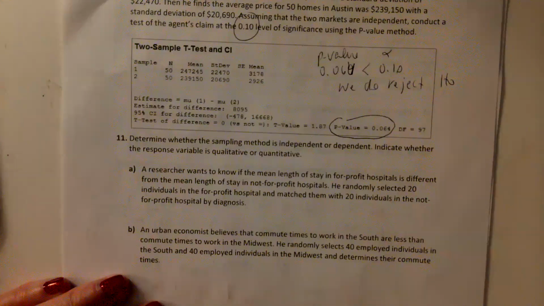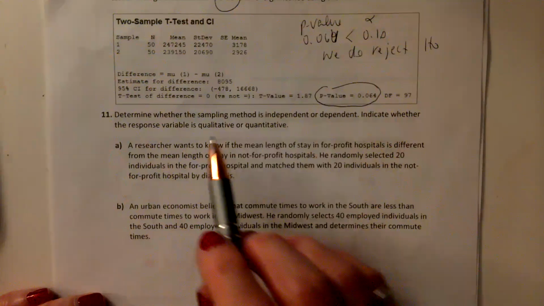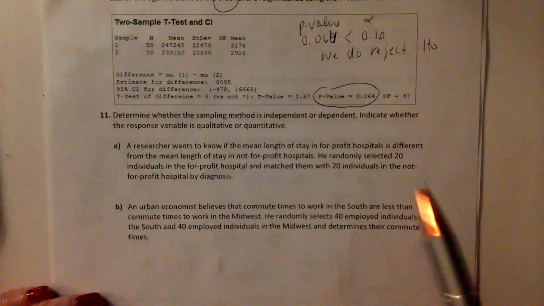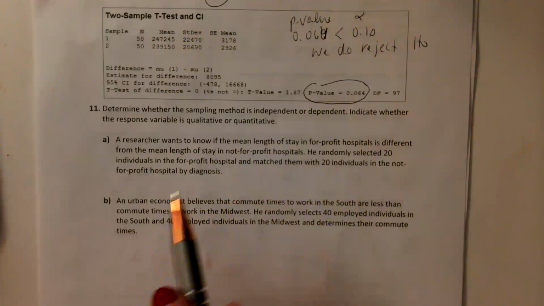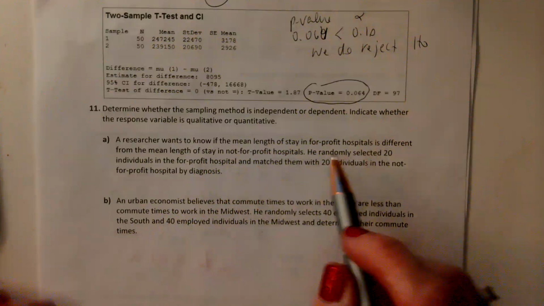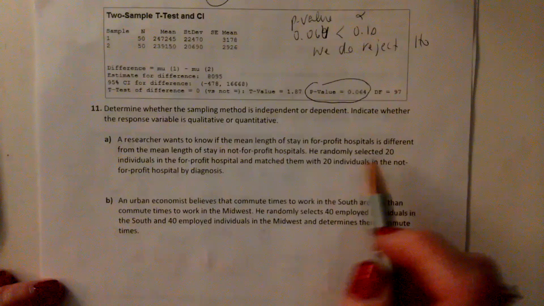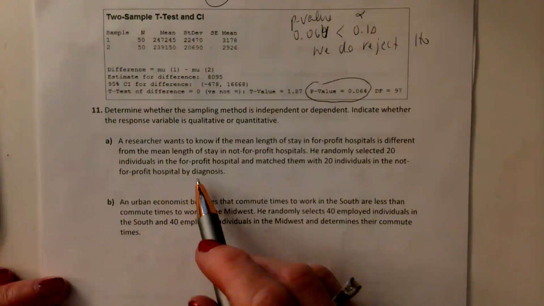Okay. Question 11. It says, determine whether the sampling method is independent or dependent. Indicate whether the response variable is qualitative or quantitative. A says a researcher wants to know if the mean length of stay in for-profit hospitals is different from the mean length of stay in not-for-profit hospitals. He randomly selected 20 individuals in the for-profit hospital and matched them with 20 individuals in the not-for-profit hospital by